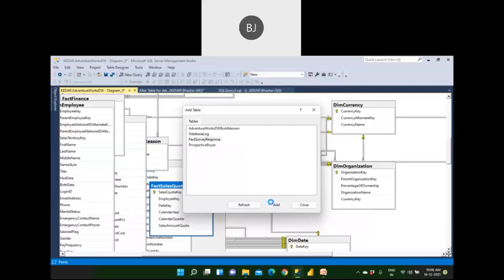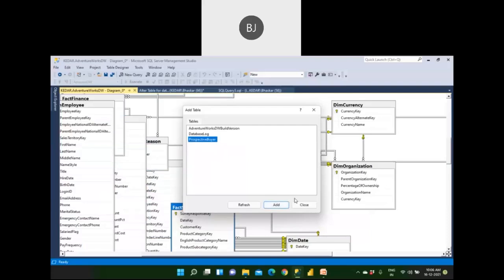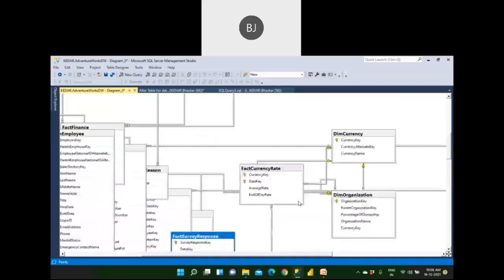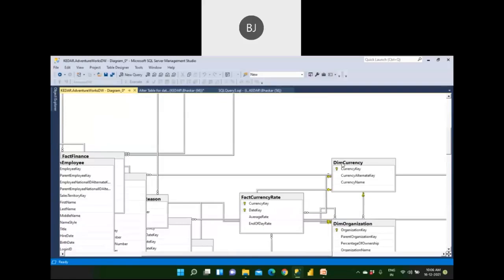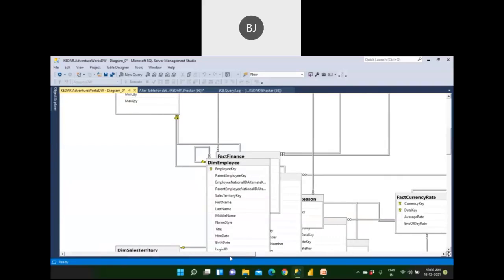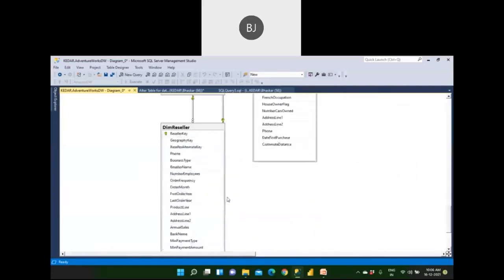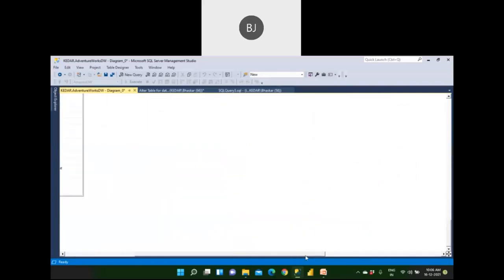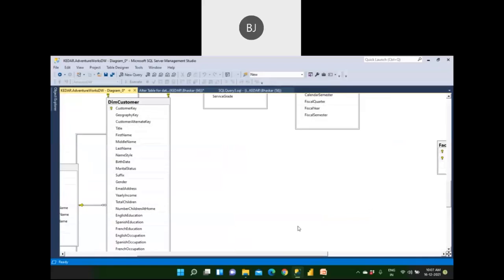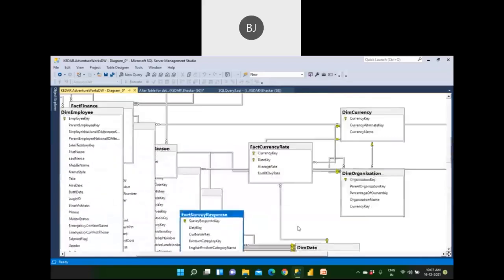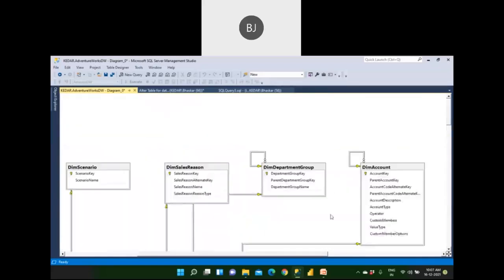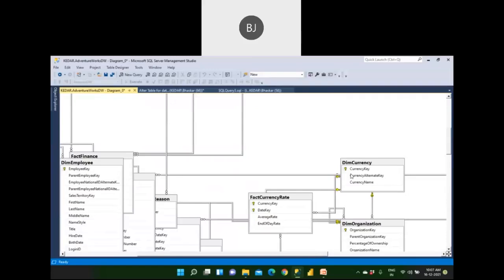You will have more dimension tables, and the remaining stuff you don't need. So if it is more complicated, it's a snowflake schema. One dimension table is linking to one more, dim organization, dim category, and this is linking to one more table. It is not very easy, very complicated. Clear? So when you have more and more tables, most of the time I am sure that you are going to have